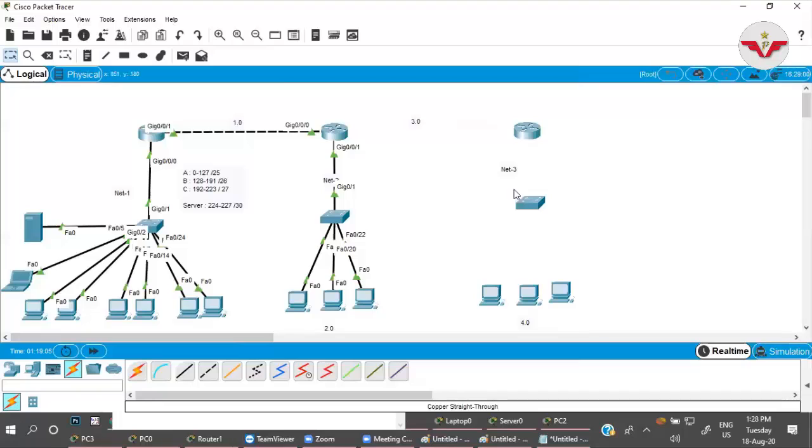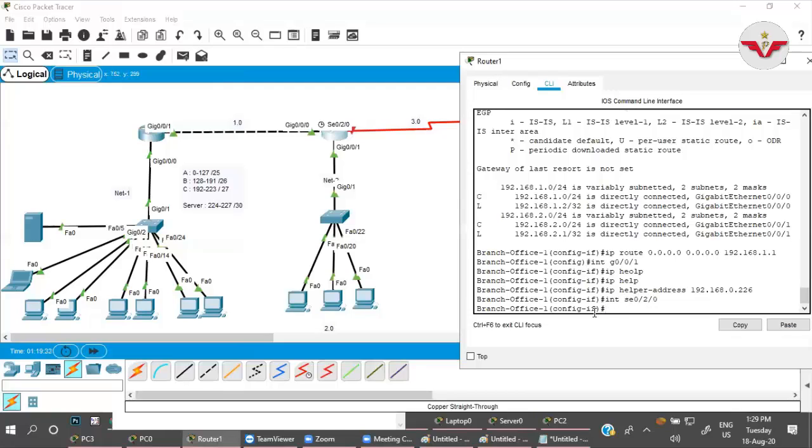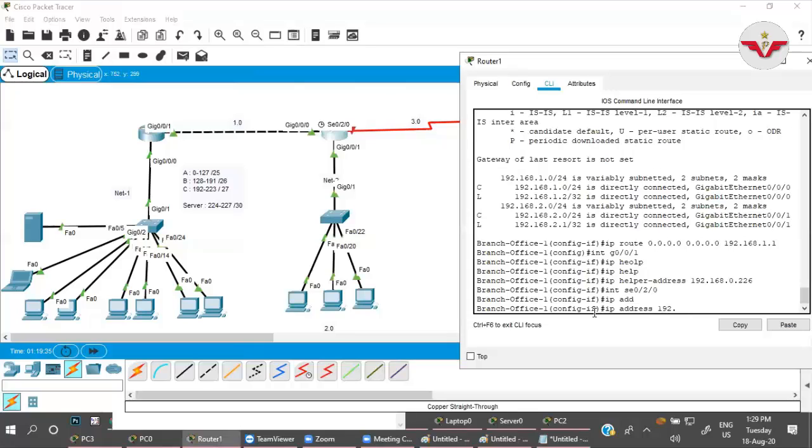Now connect this network, and also connect here. It's a serial port, so you can connect to the serial port as well. int se 0/2/0, ip address on that interface, 3.0 is the network, 192.168.3.1.